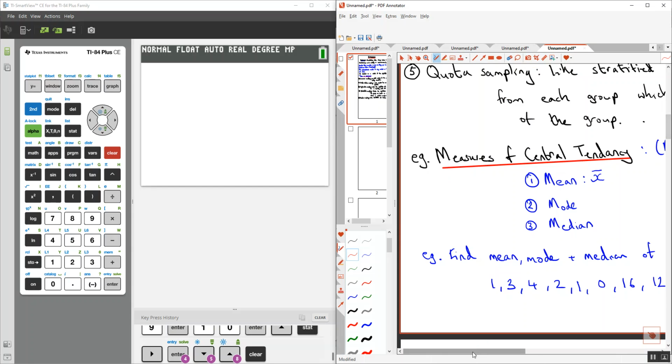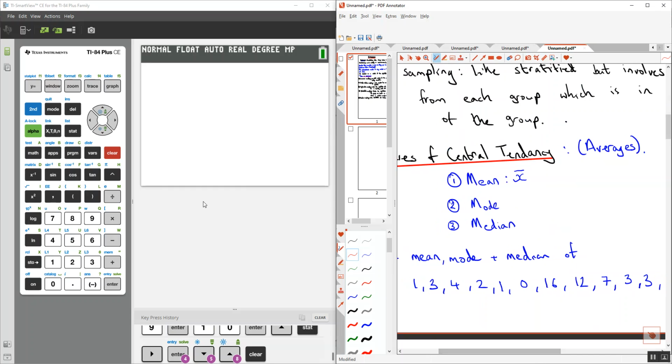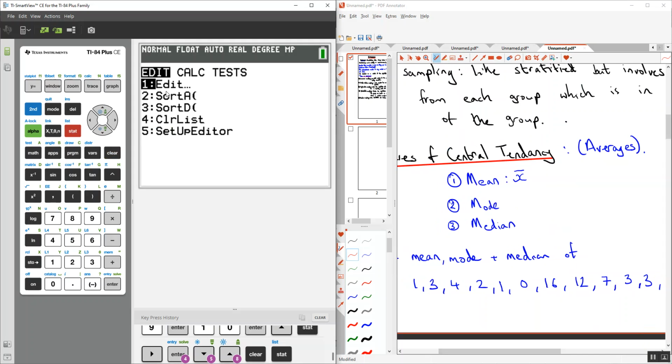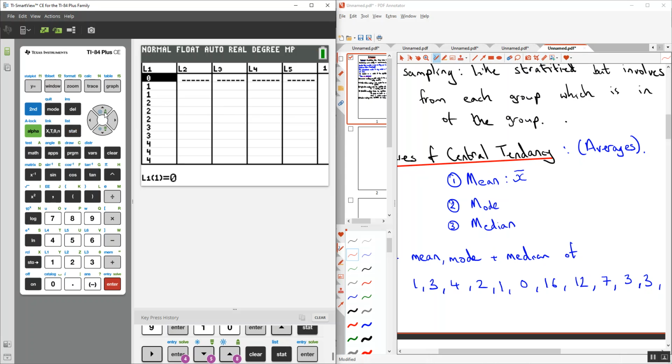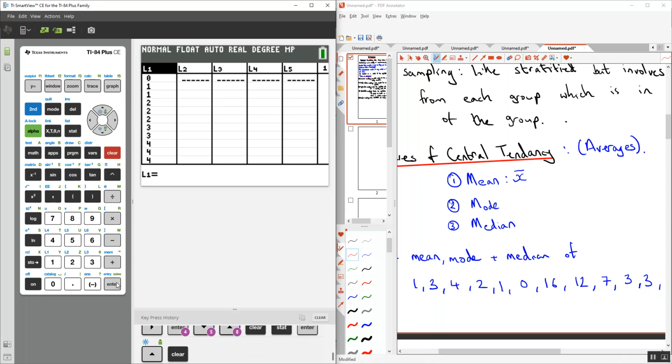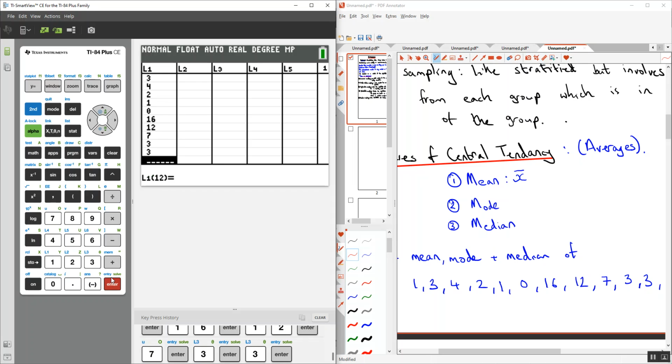All right, so to put this into the calculator, we go to Stat for statistics. We click on that. And then we go to Edit because we need to put the data in first. Clicking on Edit brings up a table. I'm just going to clear this. We've got a row of data, so I'm just going to put them straight in: 1, 3, 4, 2, 1, 0, 16, 12, 7, 2, 3,